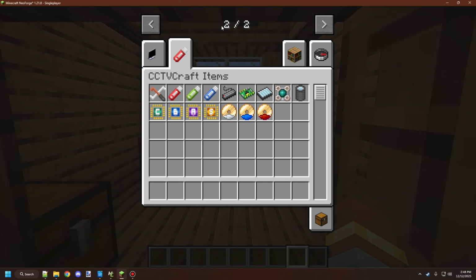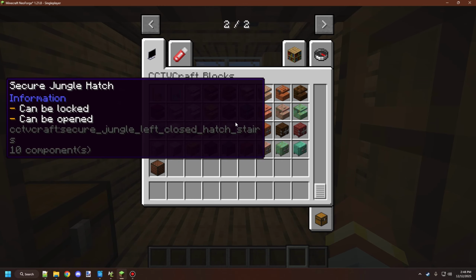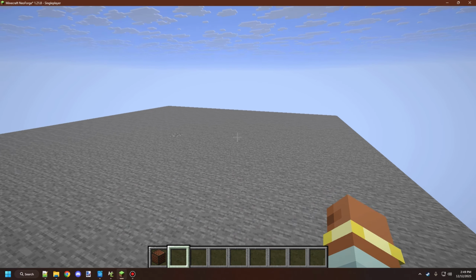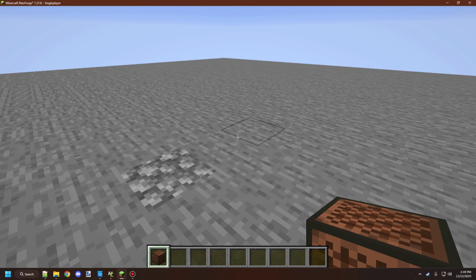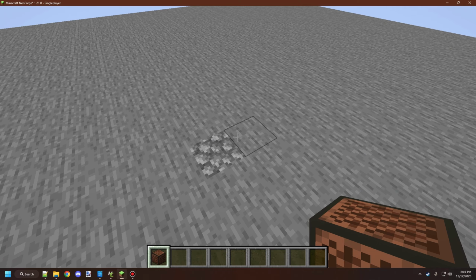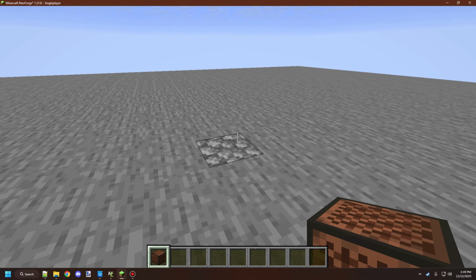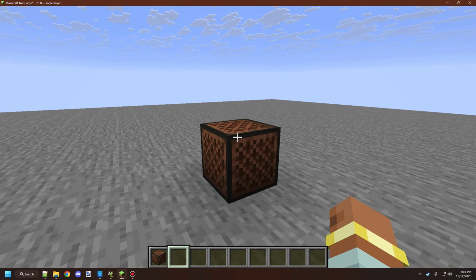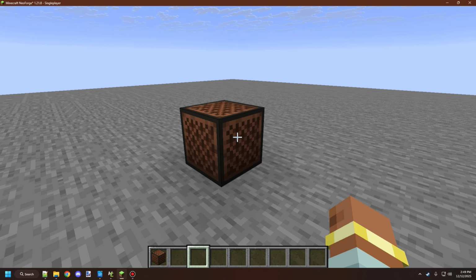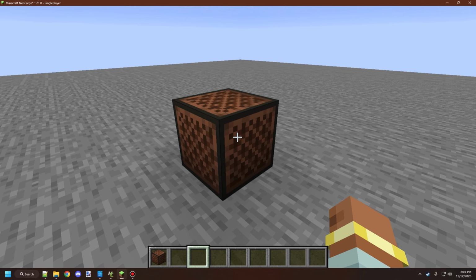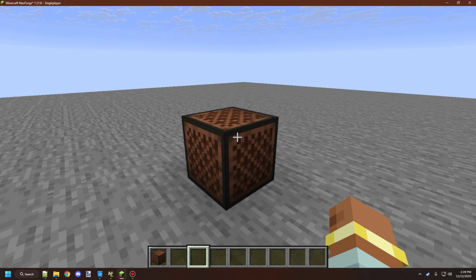But just as an example, I do have a thing to leave you on. I'm still working on the mechanics and stuff like that for the actual audio, so there's quite a bit of stuff that needs to be done to optimize it still. But we can go ahead and place a CD player down. I have the code basically just playing a static track that I've worked on. It doesn't actually accept any disks at the moment, but it will in the future. So if we right click on this,